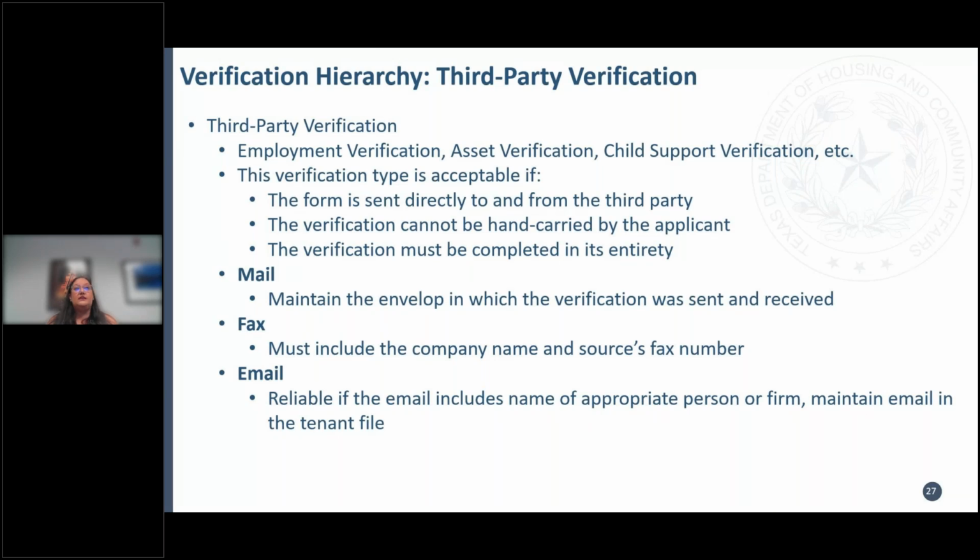If we see that it's a Kinko's fax and they work at the Home Depot, we're going to probably question that, because the Home Depot has a business office where staff can go to get a fax, or where you could send something to their HR representative that's at the store. If you email it, make sure you keep the email in the file with the form that was returned, along with any correspondence that pertains to that verification. And if they work at the Home Depot and the email comes from a Gmail, we're going to question that as monitors, because folks at larger companies have an at the Home Depot email address.